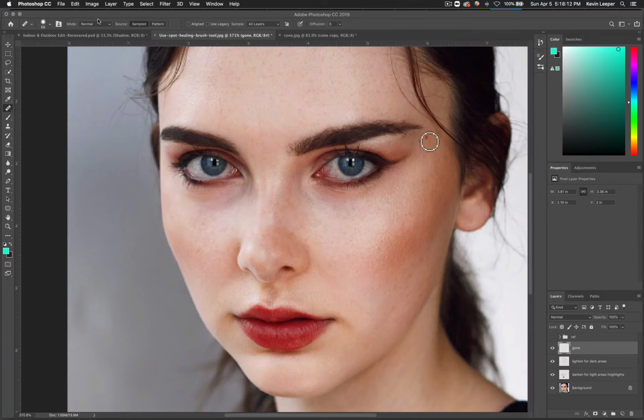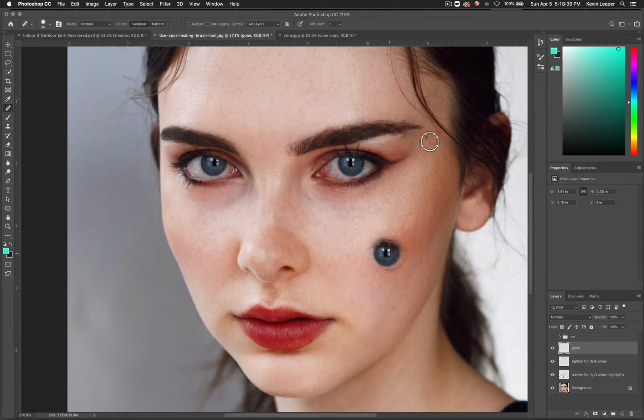So sampling is using the Alt key or the Option key. You have to hold that down to make a sample. So say, for instance, if I hold the Option key, you'll see that the cursor changes from a brush to kind of a sampling type tool. Like when we're using the eyedropper, it's a very similar look, right? So basically what it's going to do is it's going to take a picture in the size of the brush I have right now. So if I click on this eyeball,